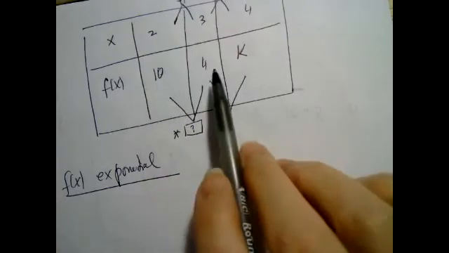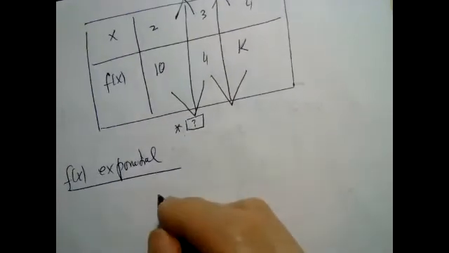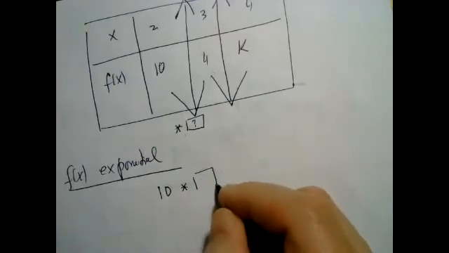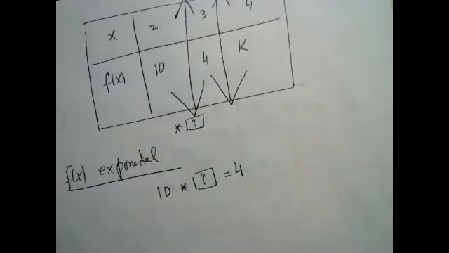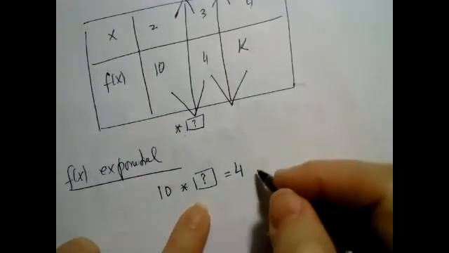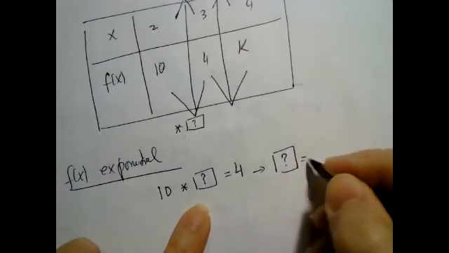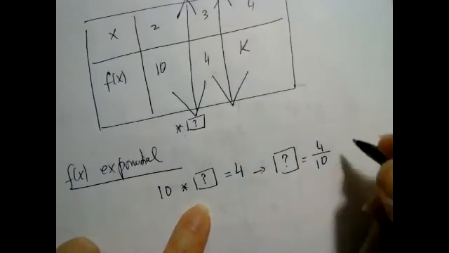So from 10 to 4, what do you multiply by? The question is, if you have a 10, what do you multiply by to get a 4? That's how we're going to find the multiplier. What should you multiply by to get the 4? According to the picture, what I should multiply by is 4 over 10,